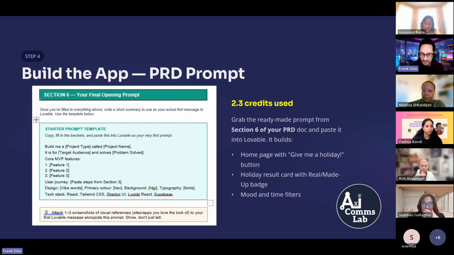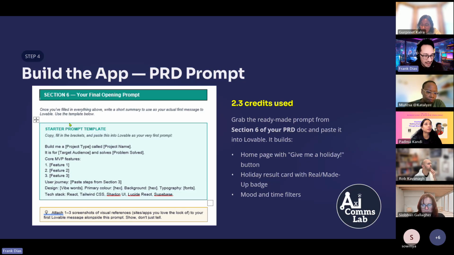This is where we go back to template number 1. And what you'll find in your version of template number 1, once you've worked with it with the AI tool to develop what your start prompt should look like, this would be pre-populated. But in the template, this is what it roughly looks like and what it will cover. It's build me a project type or idea that you're calling XYZ. This is my target audience, and this is the problem I'm trying to solve. These are the features I want it to have.